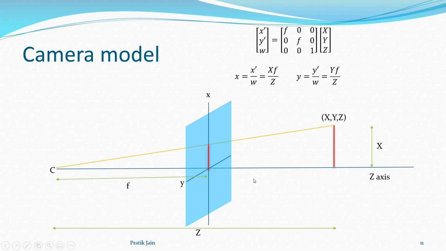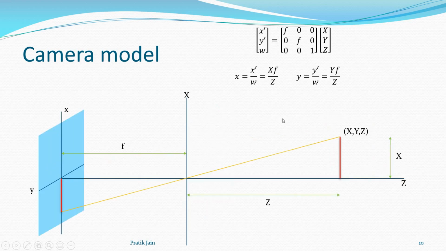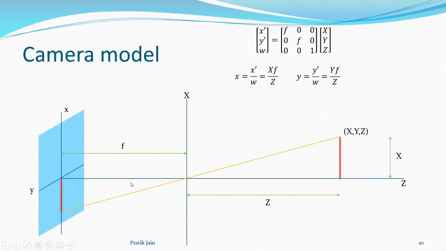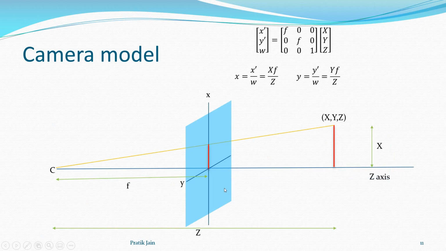The changes that I have made are just to go hand in hand with the notations of the book. Changing this screen from here to here will not make any difference. Let us verify one thing so that you get an idea that this is not very different. Let us take this equation. We had derived this equation using the earlier camera model. Now let us derive the same equation using this camera model.